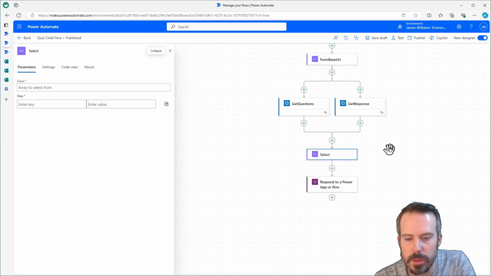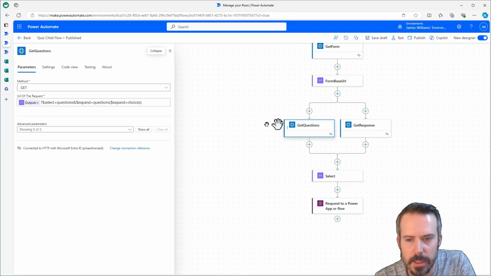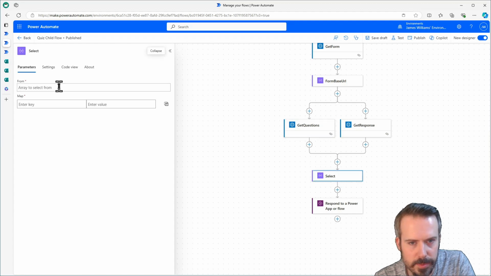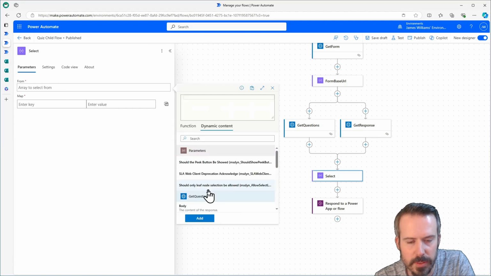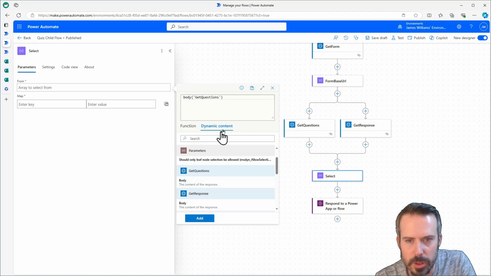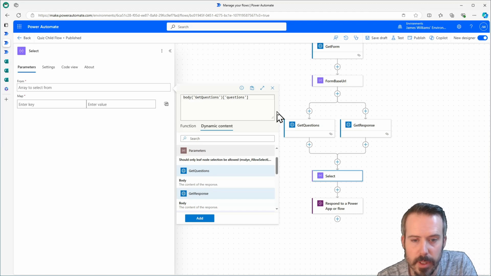And what we want to take the values from is the questions. So if I come in here, I'm going to write an expression. I'm going to get the body of get questions, but also those questions were inside an object, a property called questions. So if I add that in,